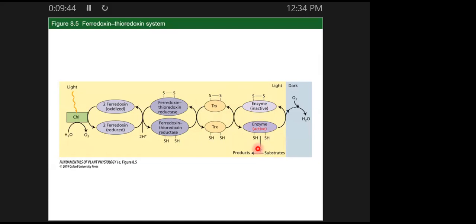Ferredoxin kicks it up, and the only way you can get reduced ferredoxin is with light. So that's why they're saying those 4 enzymes need light in order to be active. Therefore, the Calvin cycle does not happen in the dark at nighttime. They just stop doing it. So it's an electron transfer from ferredoxin to a couple of other players, and then finally one